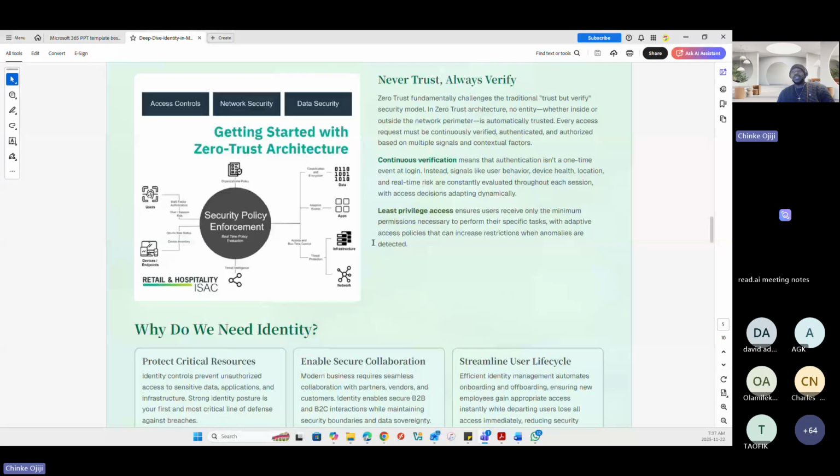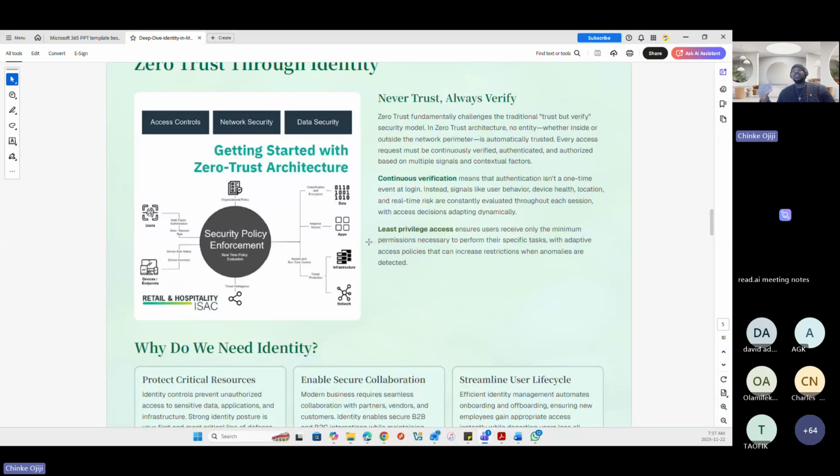I'm very glad that zero trust is understood in terms of continuous verification, but it's also important to remember least privilege access, giving access only where access is required. If access is not required, then that user should not be able to access that resource, right? Okay, so it's good that we all have that understanding.